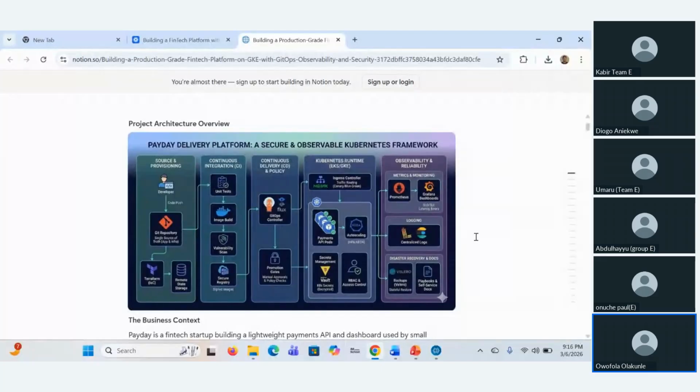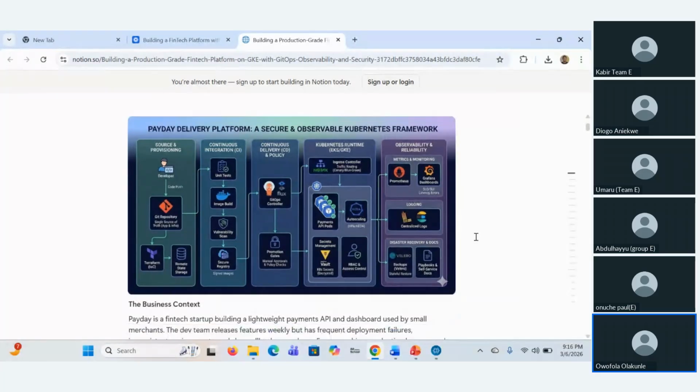So, this is our architecture diagram, and all this presentation is going to consist of what is inside this architecture diagram.